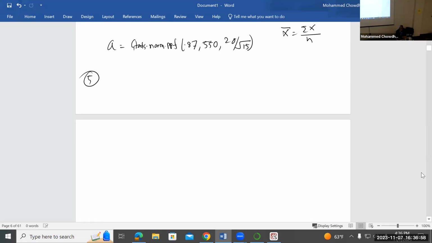Sum of X is the total, right? Total divided by N, then you will get the average, right? So sum of X equal to total. So the problem is probability of sum of X, the total